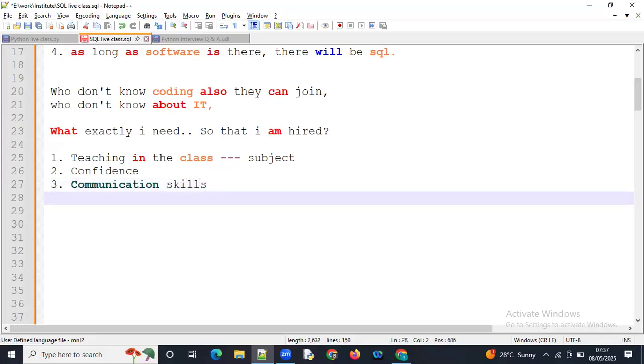So what are communication skills? Actually, communication is very important in software. Why? Because if you know something about any programming or any other languages, or if you know well about your favorite movie, but the other person doesn't like or doesn't know about that movie,